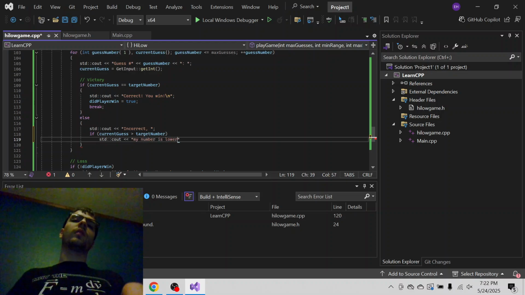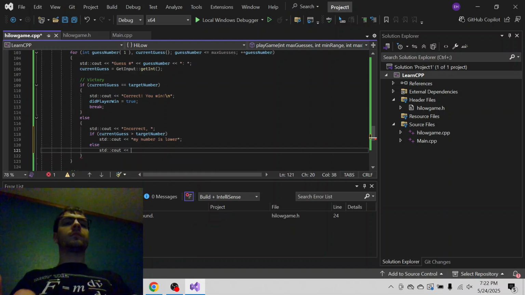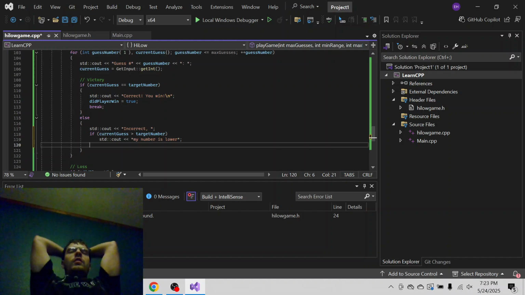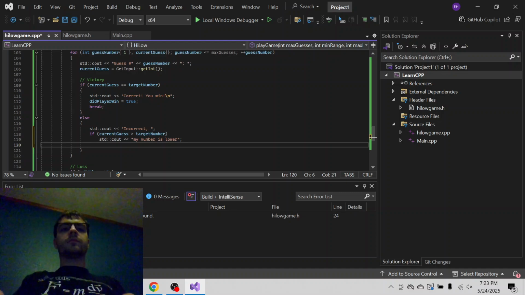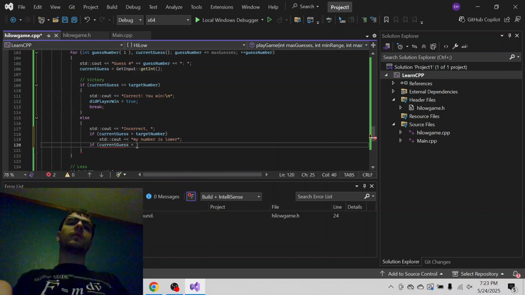My number is lower. Else, we could say handled properly. If it's equals, it's already handled. So could we just do else in this case? What would be the right way? Or we could say, I think we say is